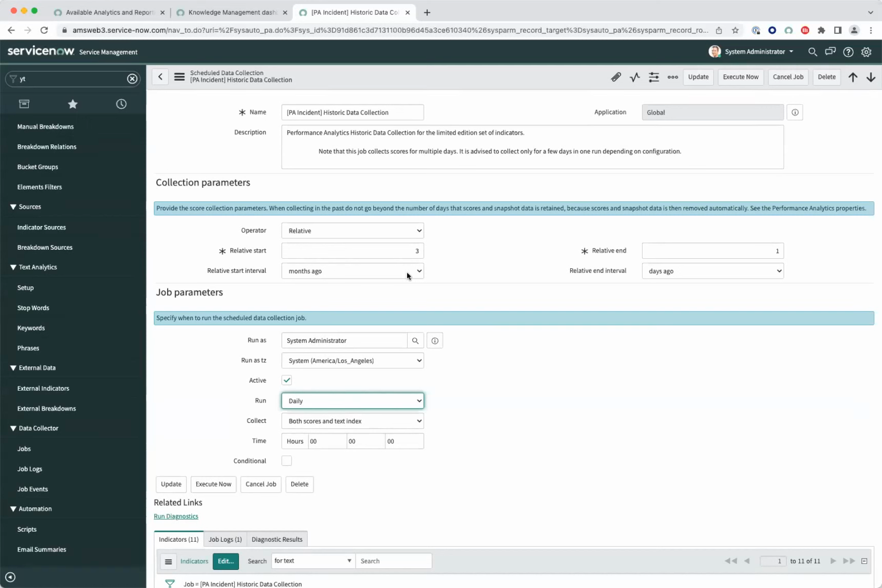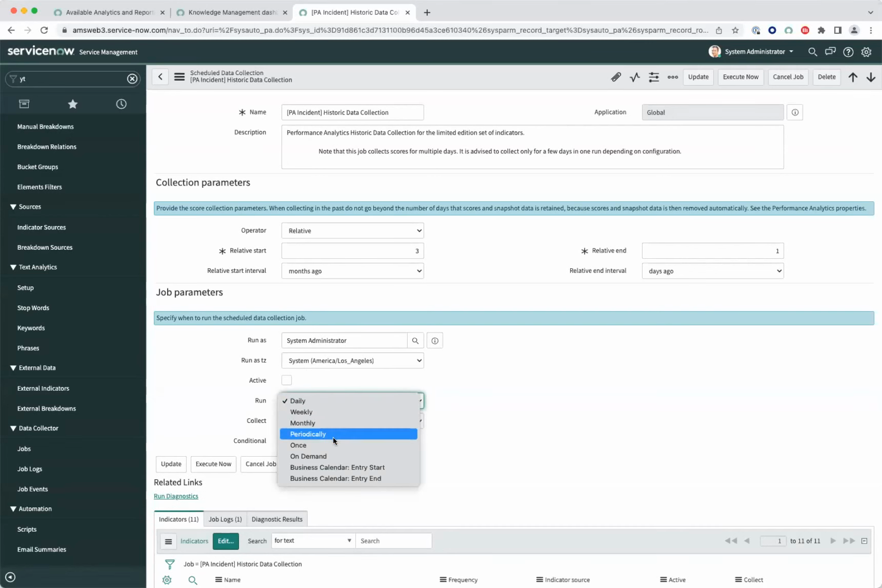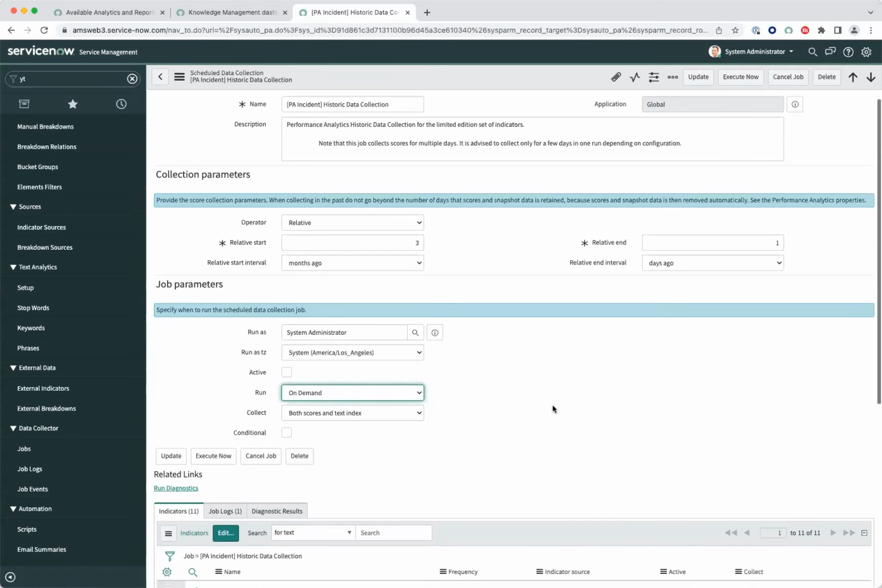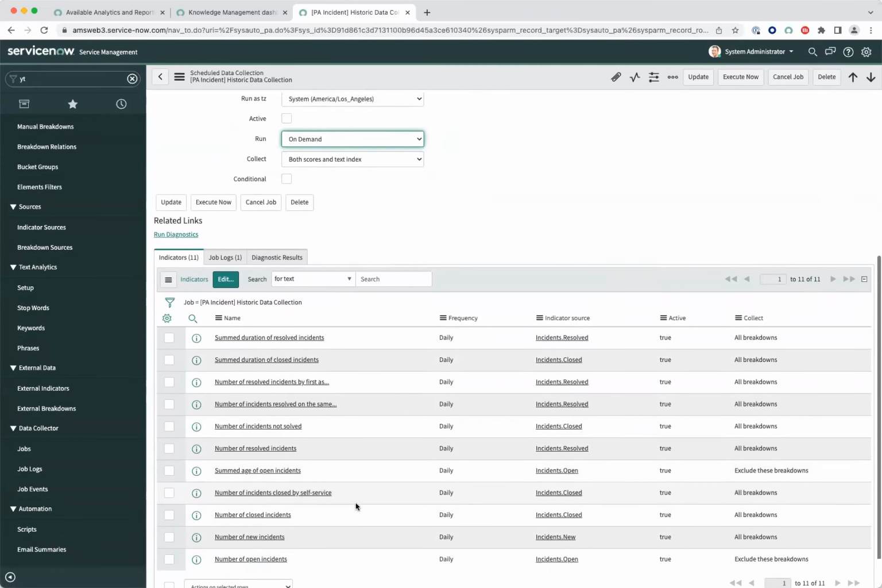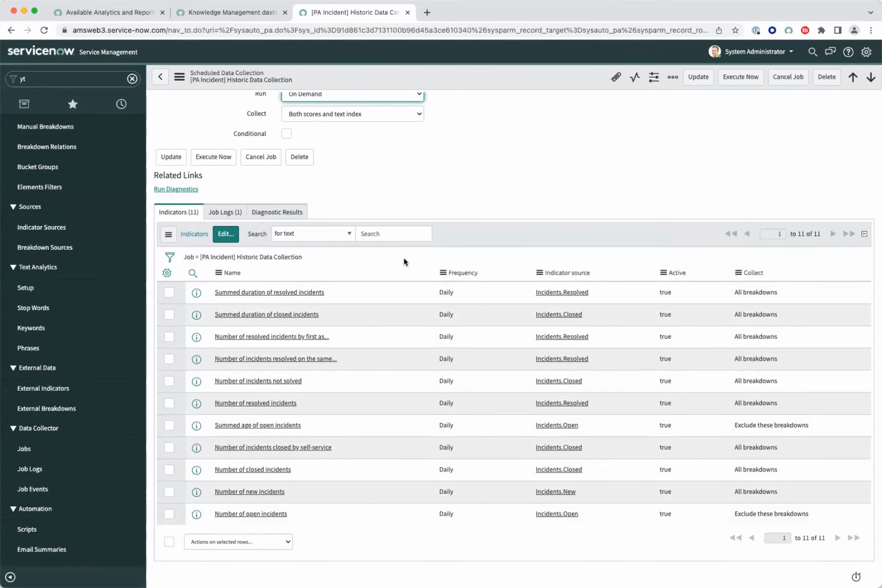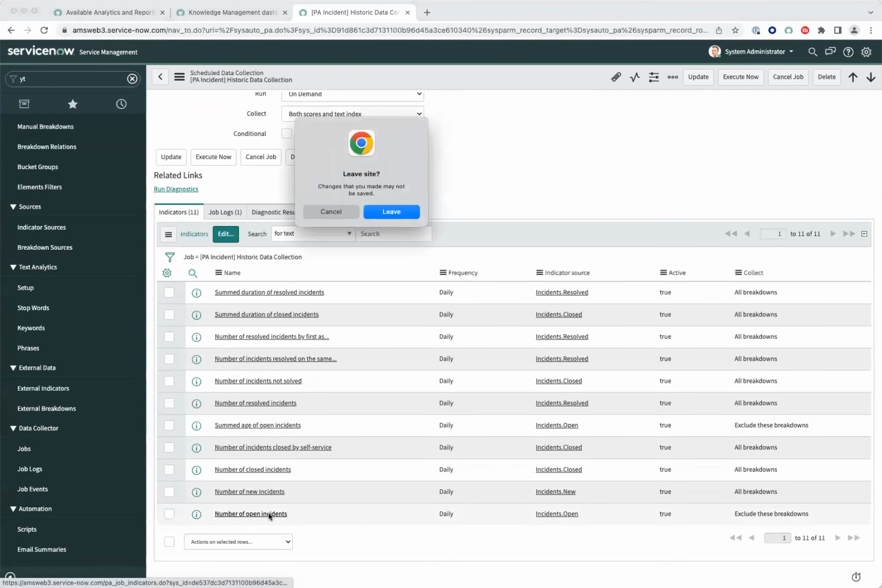That's not very useful. So let me switch back to on demand, so we don't make a mistake here. And now what it will do is it will collect here for these 11 indicators. As you can see, it will collect for most breakdowns, but for some, the breakdowns have been excluded, especially for the ones that are based on the indicator source incident open. There are exclusions,